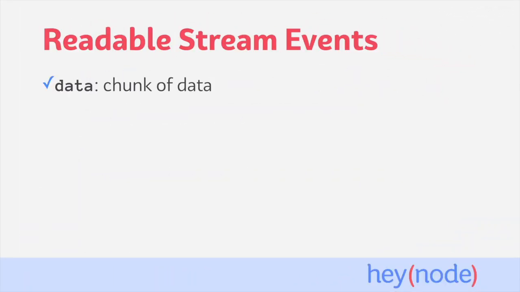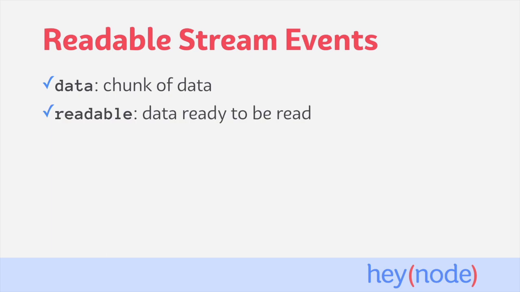Readable streams will emit a data event whenever a chunk of data is received. If you create a handler for the data event, the chunk of data received will be passed to that handler. The readable event will be emitted when there is data ready to be read from a readable stream. This is different from the data event in that readable signifies that the stream is ready to be consumed. Attaching a handler to this event will actually kickstart reading the data from the stream. It's not strictly required to listen to this event in order to start reading from a readable stream, but attaching a handler to this event has the side effect that it will start the flow of data from the readable stream.